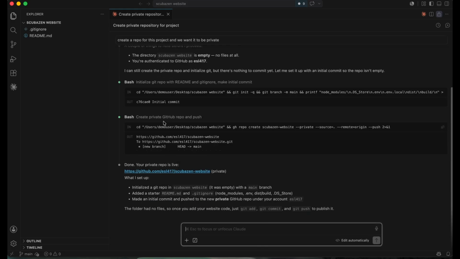See, this is where it uses the terminology: it created a GitHub repo and it pushed, meaning it sent it to GitHub, and it's created. So now we have a backup repository, or basically a Google Drive folder for code that lives in the cloud. Now we want to create a Vercel deployment linked to that GitHub repo.